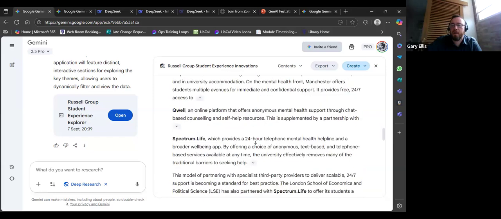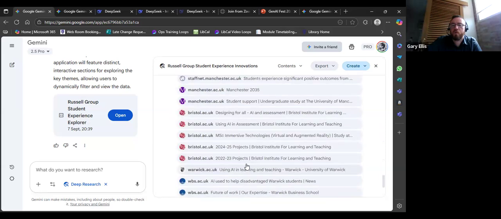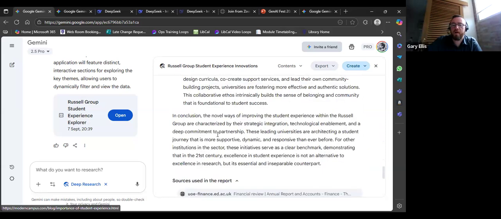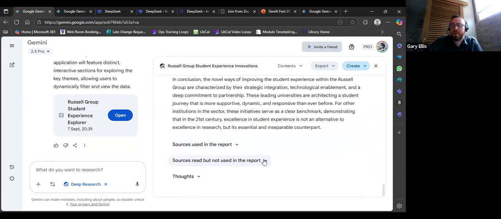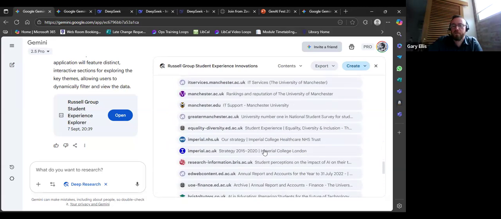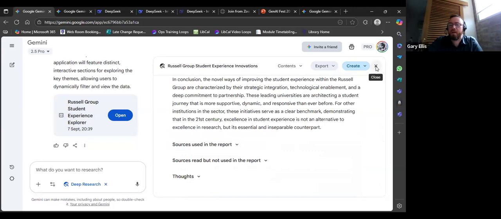Okay. If I go right to the bottom, it's a very long report. You can see all of the links that it used to generate the report. And you can also see the sources that it read but chose not to use in the report. So there's another load of sources there that it read but chose not to use. Okay, so